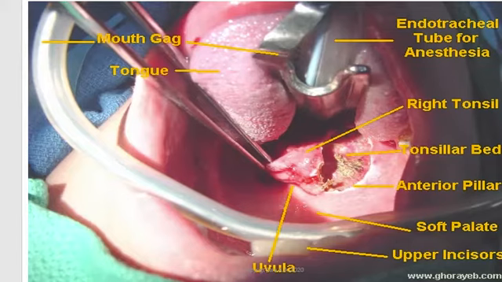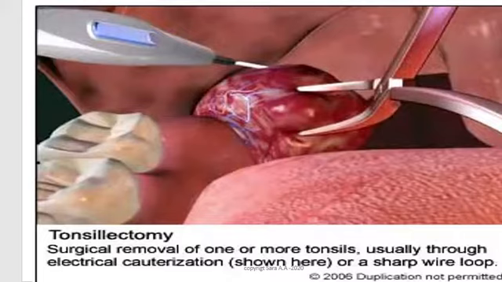Just the cutting we are doing with the coblator. That's why you can see scar tissue. The surgical method is more contemporary, using just a coblator. Surgical removal of one or more tonsils, usually through electrical cauterization.